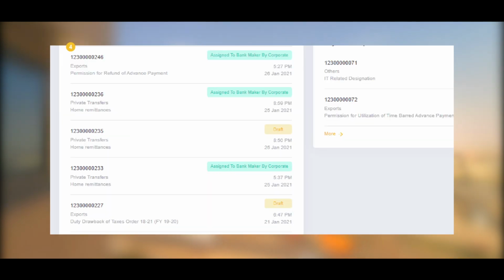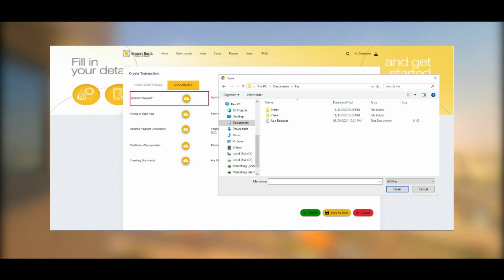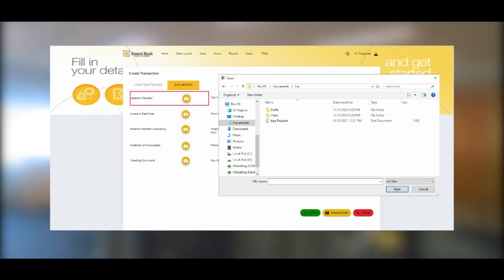You can also view the generated request number under Action Required by clicking on the status of the draft. In case you click Cancel, you will be redirected to the home page with no changes. Step 5. In case you skip providing data in any mandatory field and submit the request, then a validation error will be shown. The document must be in the file format of doc, Excel, or PDF, or an error will occur.